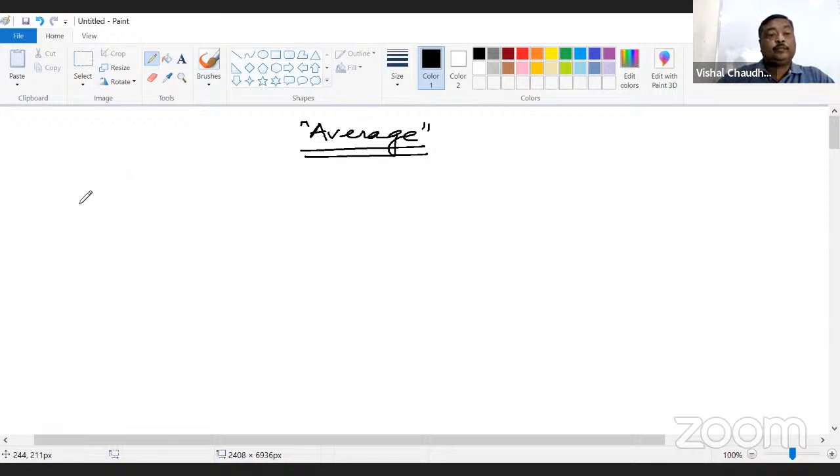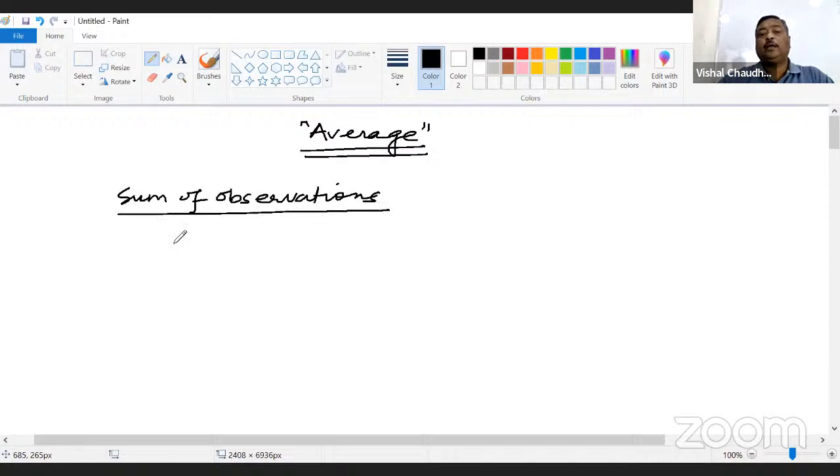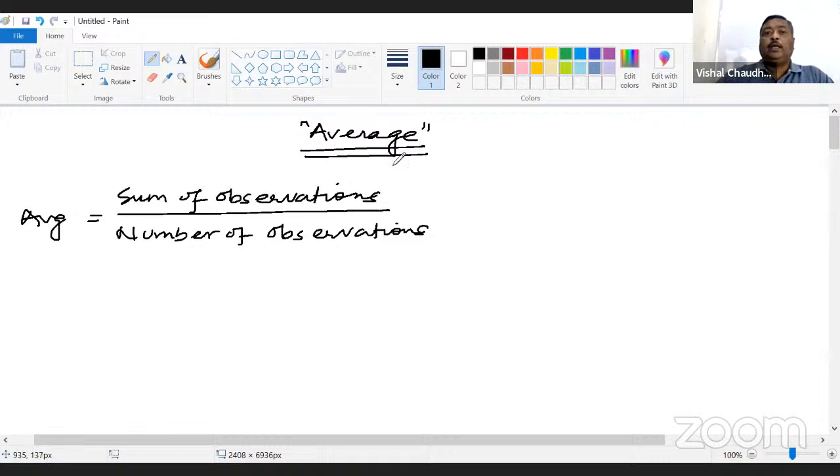Now, average, we all know it is sum of observations by number of observations. This is the formula which we use for average, isn't it? Now see,